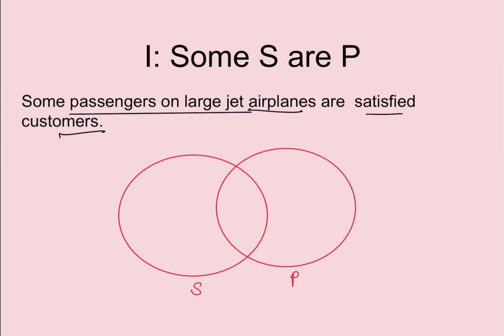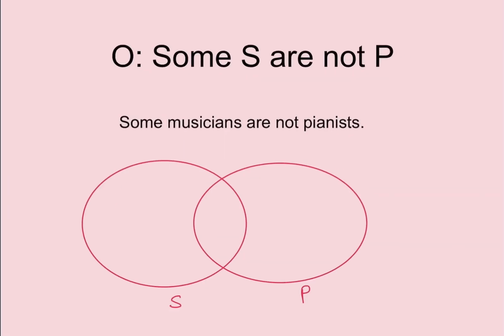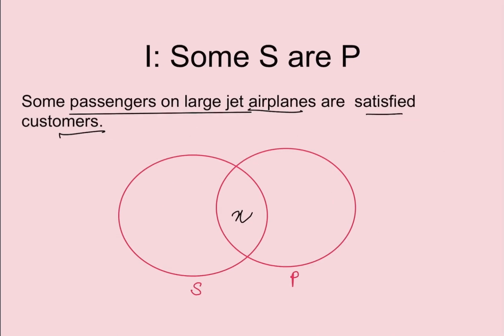Now we have some, meaning that there are some. There is at least one, so ये बीच में हो जाएगा. There are passengers on the jet, या फिर let's say some S are P, तो यहाँ पे X आ जाएगा. Next आपके पास है some S are not P. In case of some S are not P, you'll simply write some musicians. X आप पे आ गया. Some musicians are not pianists. So इसके लिए आपका Venn diagram ऐसे बनेगा. So these things are important, so you have to keep in mind.